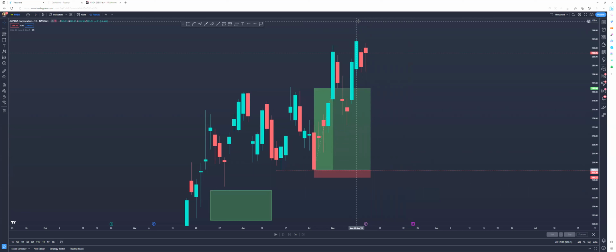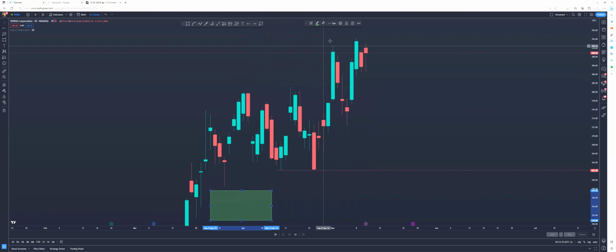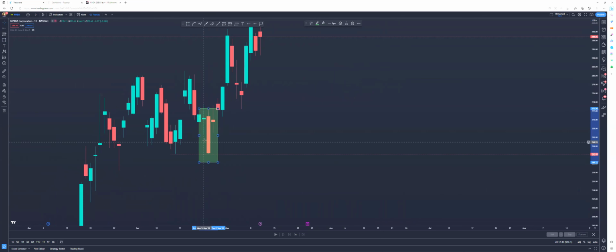My daily order blocks, the daily time frame, gives me the strongest levels when it comes to order blocks. The daily time frame gives me the best ones. Now you can use the strategy on any time frame, but the daily gives me the highest reward to my trades, so I like to focus on it more than any other time frame. Now let's show you how you could have caught this trade. We're going to zoom in onto this area right here.